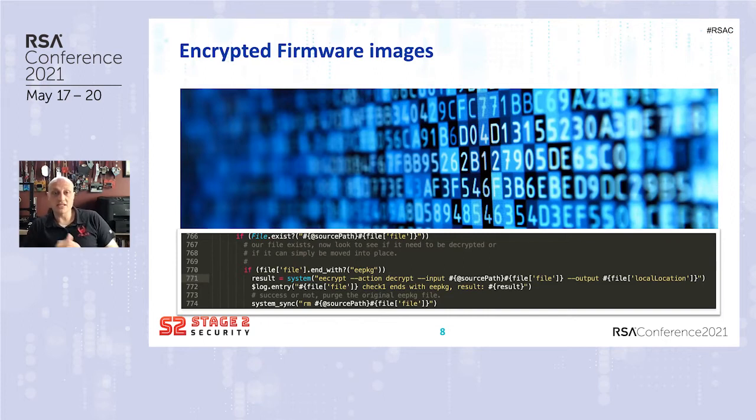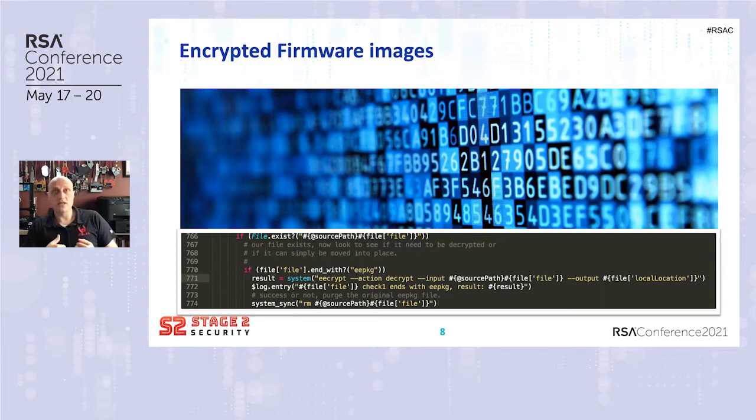Also on the drive, I saw some scripts which referenced that decryption routine. You can see in that screenshot on line 771, they're calling a program called EECrypt. I don't know what EECrypt is. I couldn't find any public information about it, but apparently it is a binary that lives on the firmware image that is able to decrypt the other firmware images. So this is a huge win for them. I thought I had firmware images, but they're still encrypted. That's further protection for them.